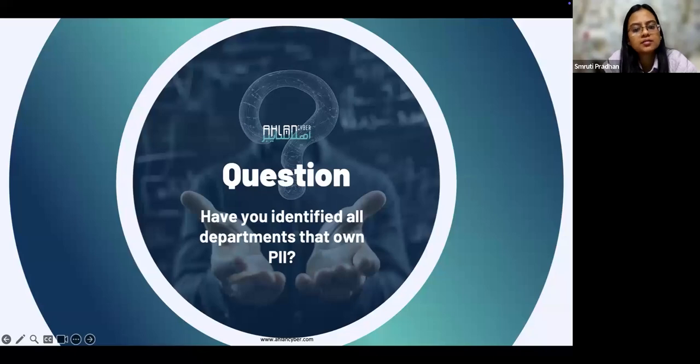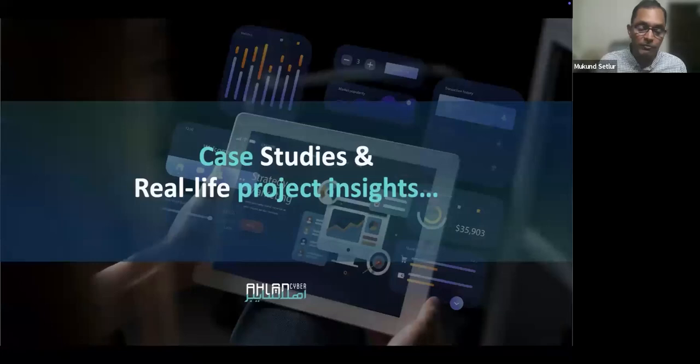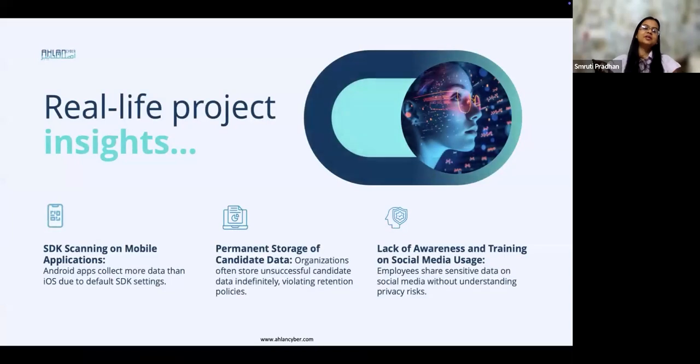We can move on to the next slide. Okay. So I think a lot of people have been asking about case studies. So here we go. These are some interesting project insights which we have got when we executed programs